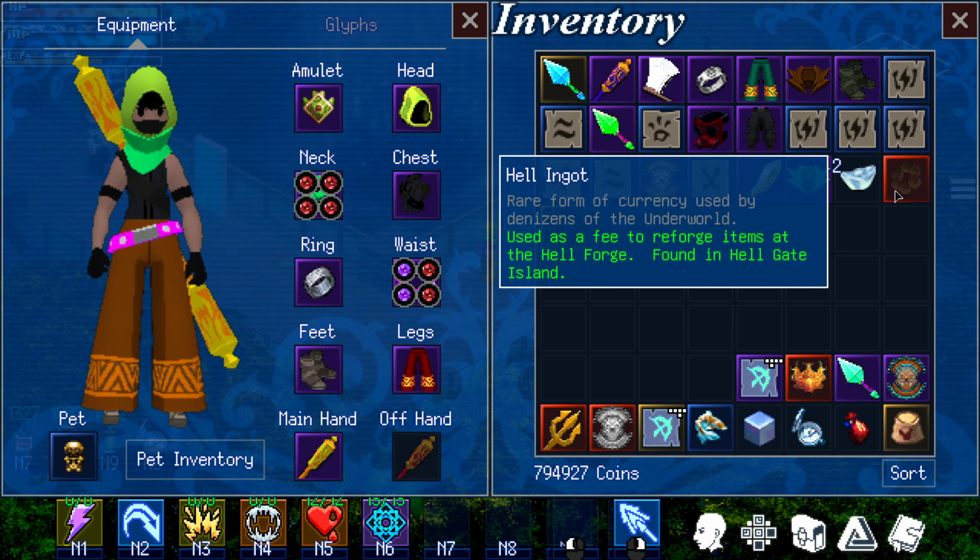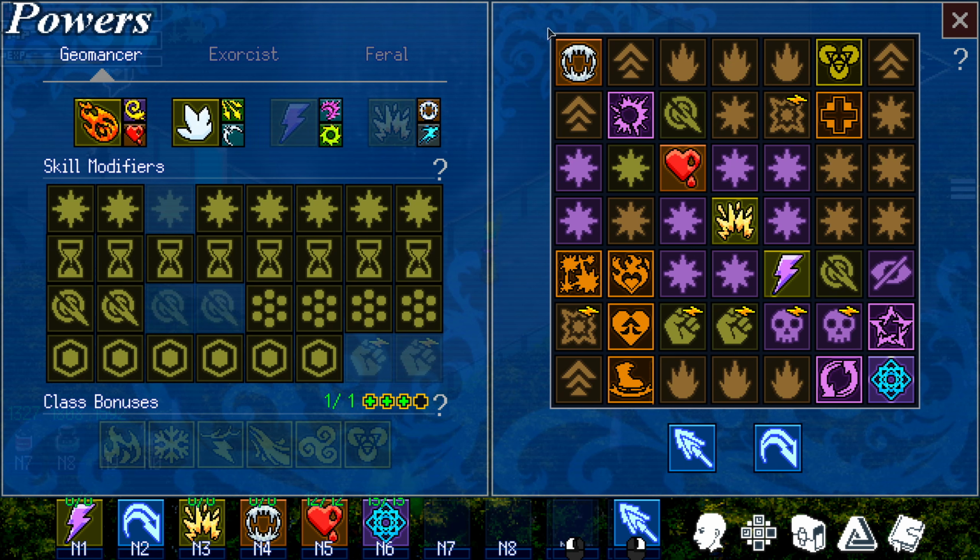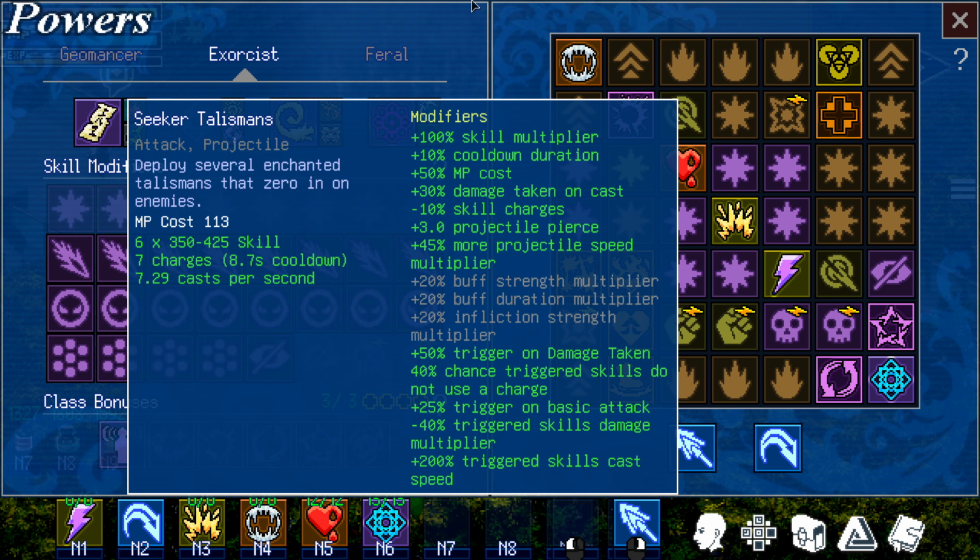And speaking of those mythic items, here's an example. The Rudraksha Mala. It grants the Rudraksha Mala Mandala at a fixed position when equipped. And a lot of the legendary items do this. So you have a variety of skills which you can customize via your skill grid. Think of a sphere grid from Final Fantasy. And Exorcist